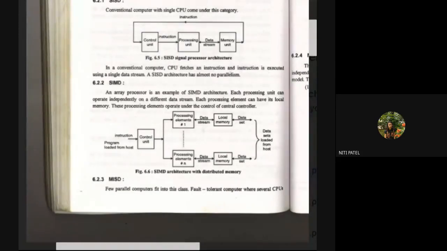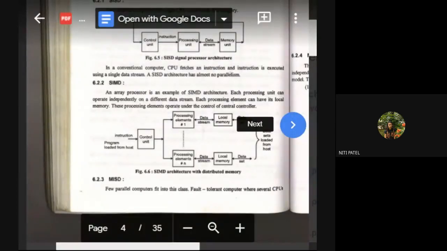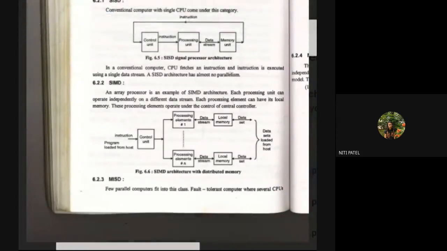These 3 sub instructions will now be performed by different processing elements, and through different data lines they will be stored into different local memories, and then displayed as output to the user. Since I am dividing an instruction into sub instructions and making each sub instruction work in parallel, I am achieving the output in much less time as compared to SISD. Is this clear?